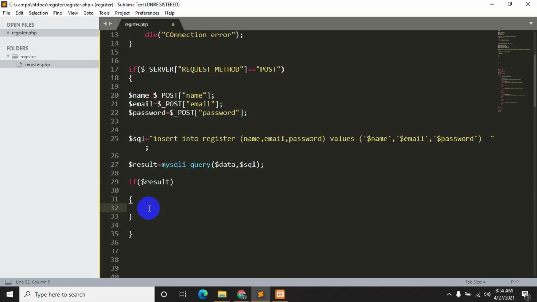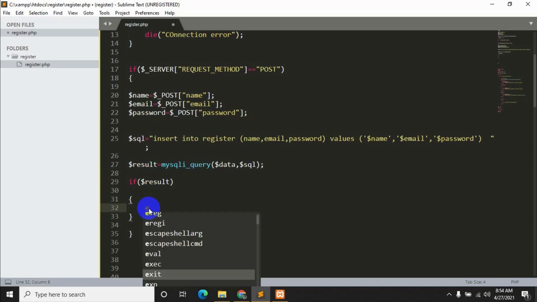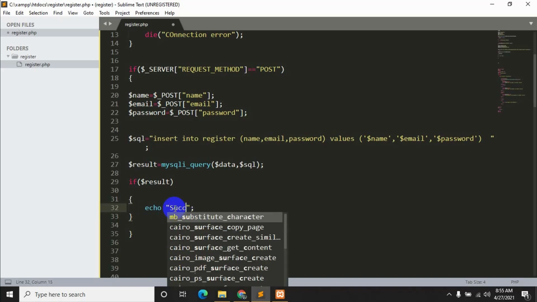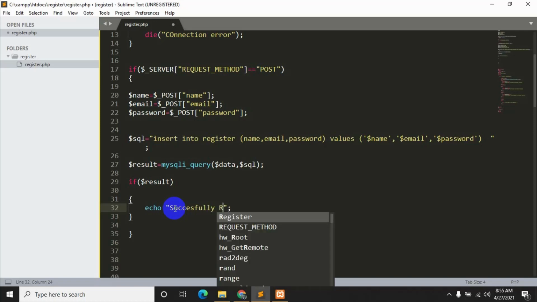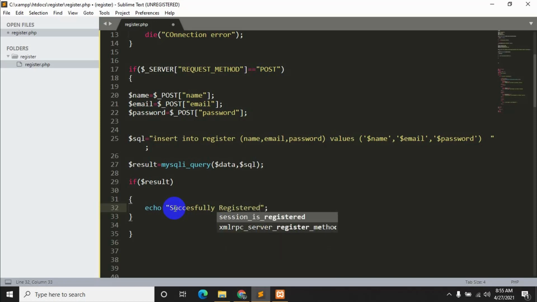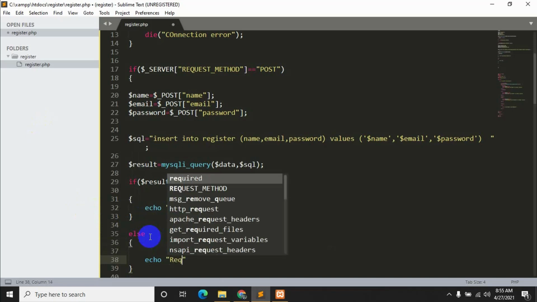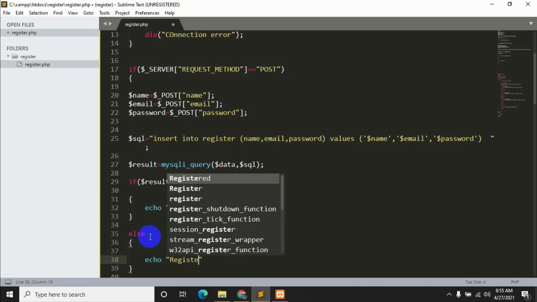Then it will show us echo, and inside double quotations we will say successfully registered. And if there is any error, then we will go to the else condition, and over here we'll just say echo register failed.